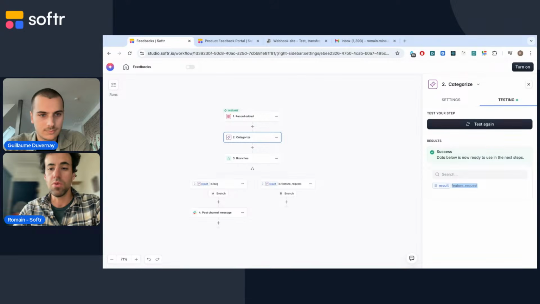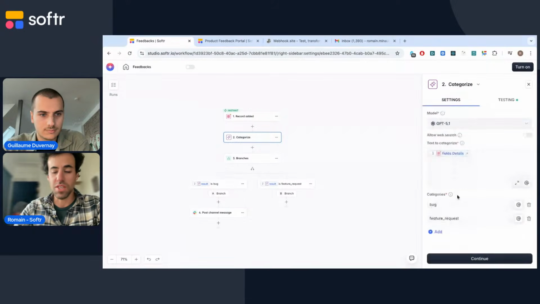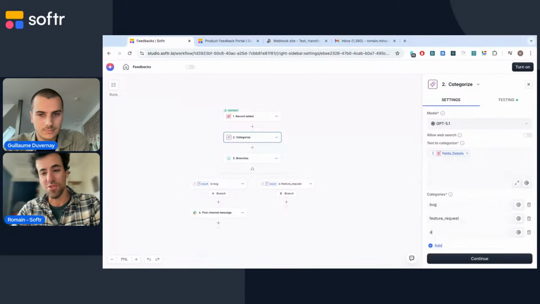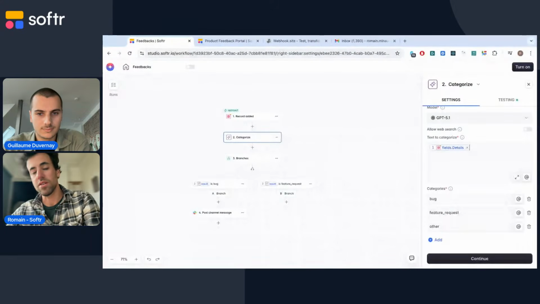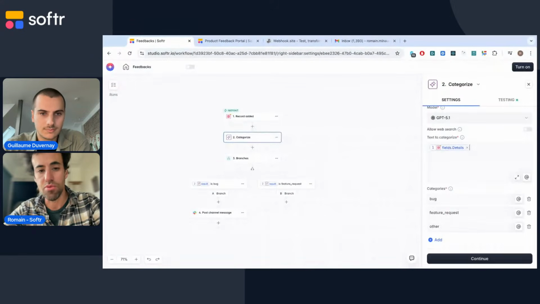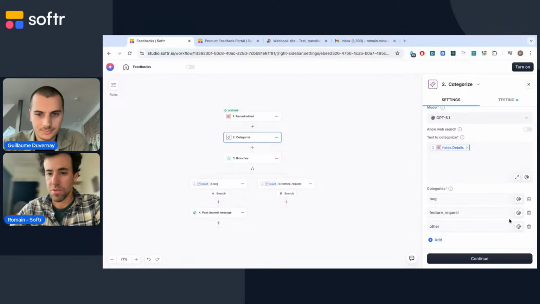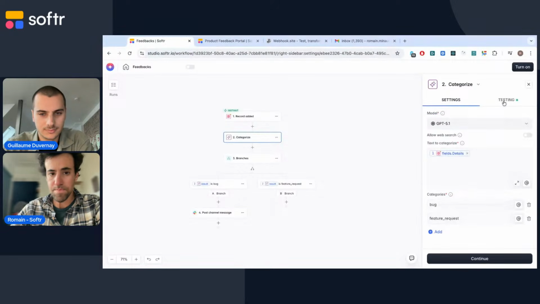If you have something where you potentially have cases that do not fit in either of those buckets, you should probably also use another category to be sure that the LLM does not force the result into an improper category. But just for the sake of the test, we'll keep it like this.